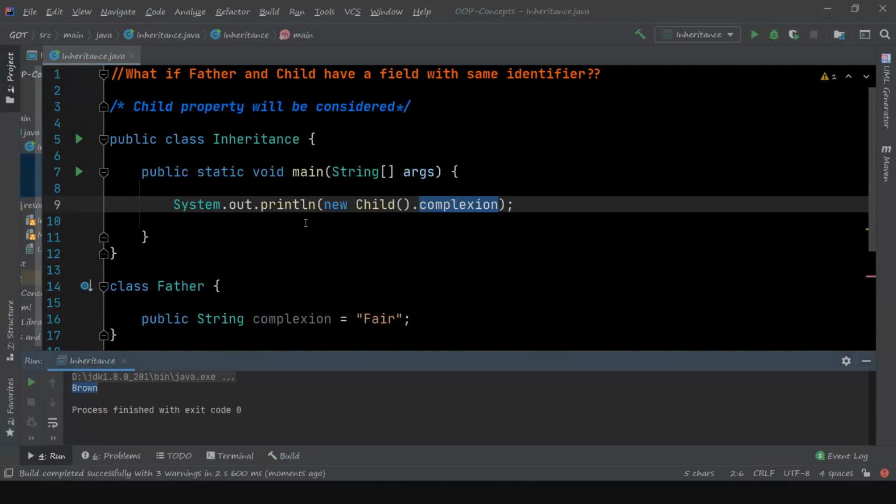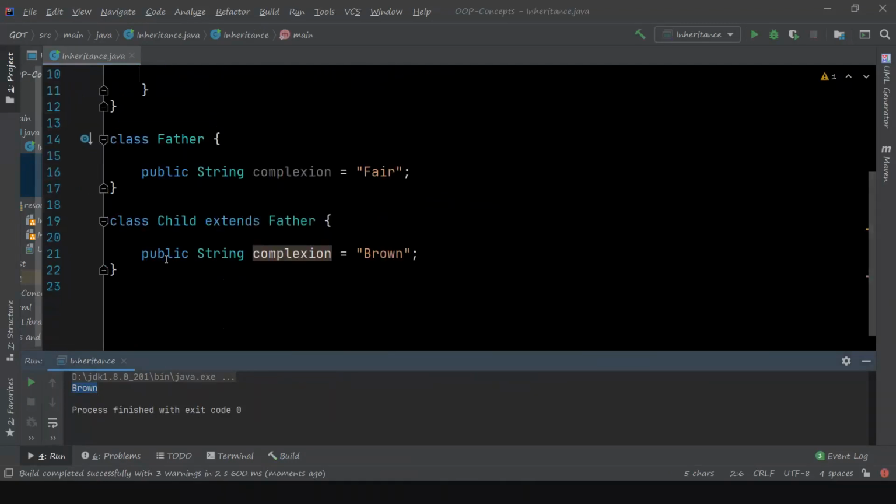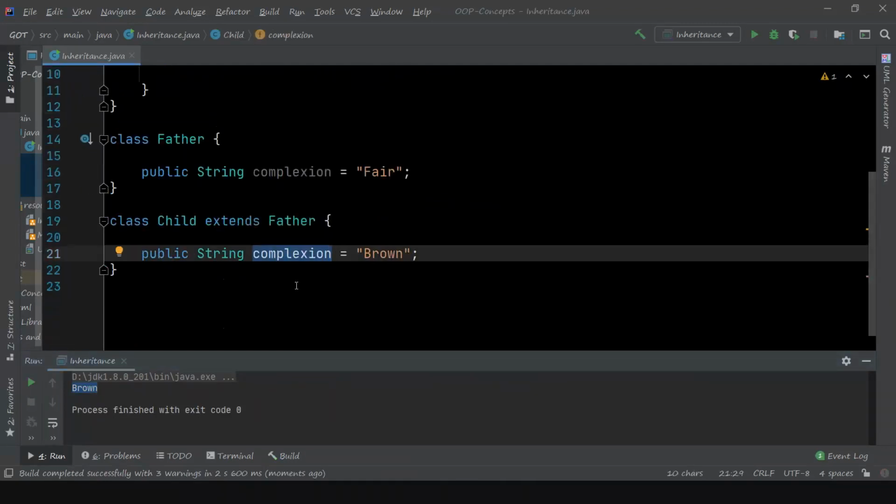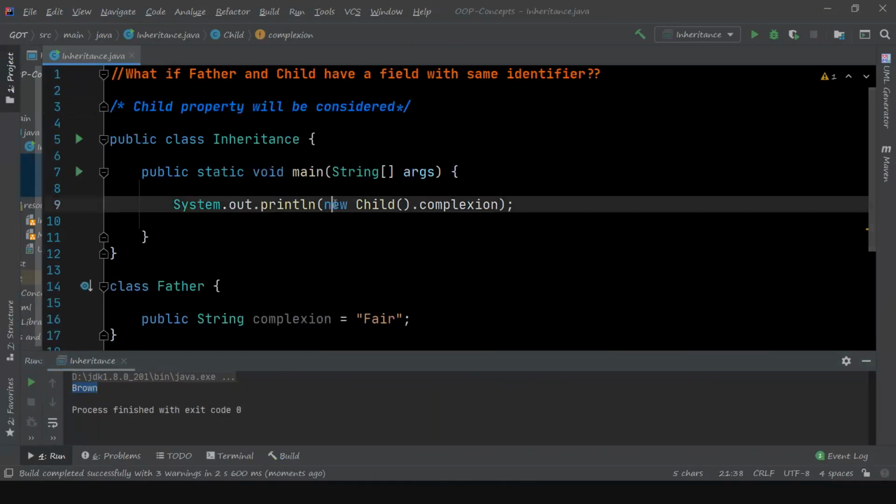So when you declare the same field in the child, whatever field is available for that child will be taken into consideration. Okay, so having said that, let's move to the next topic.